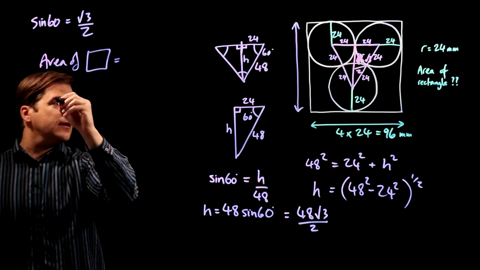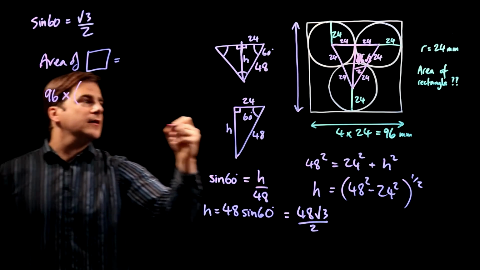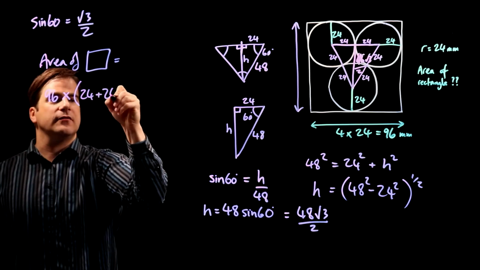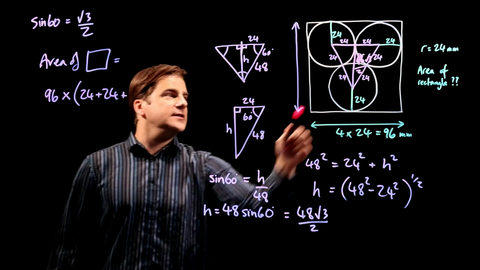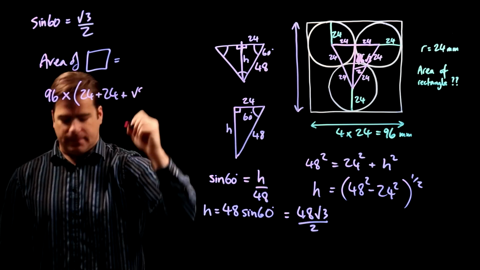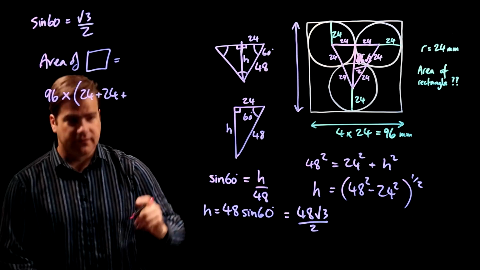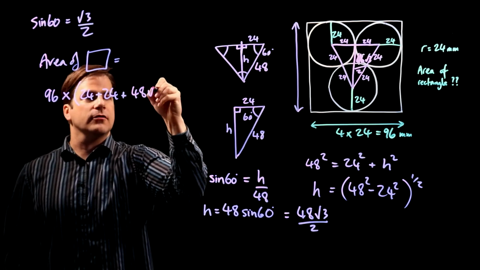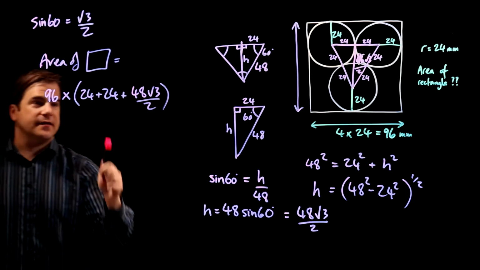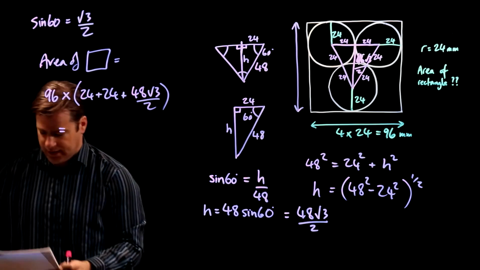So the width is 96 times the height is 24 plus 24 plus h, 48 root 3 on 2. Plus 48 root 3 over 2. That's it. Stick that in your calculator and it turns out to be